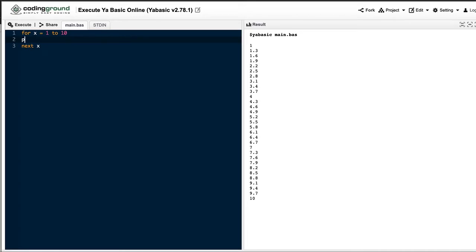Okay, prod. Prod is equal to what? X into 13, right? And then we had print, 13 cross, comma x, equal to, comma.